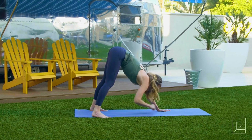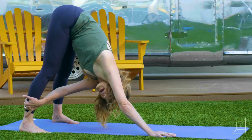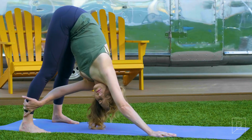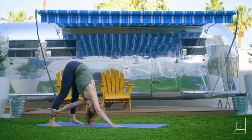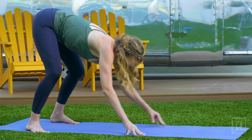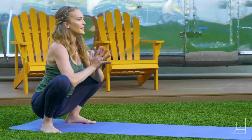Come back through center, ground your right hand. Left hand to the outside of your right ankle or calf, and you can look underneath your shoulder. Ground your hand. Walk your hands all the way back towards your feet and sit into Yogi Squat, Upaviyasana, placing